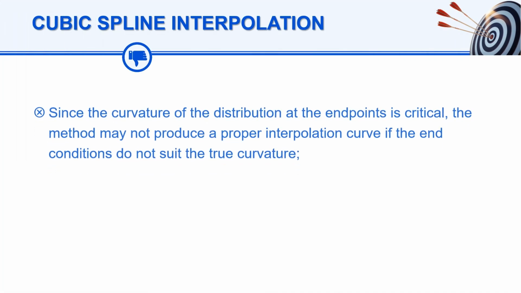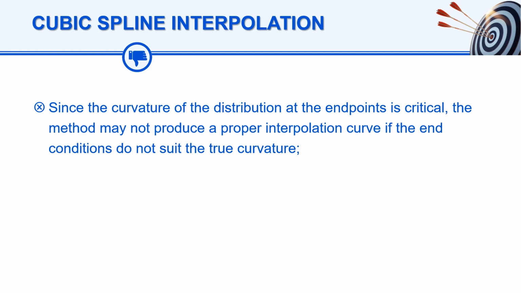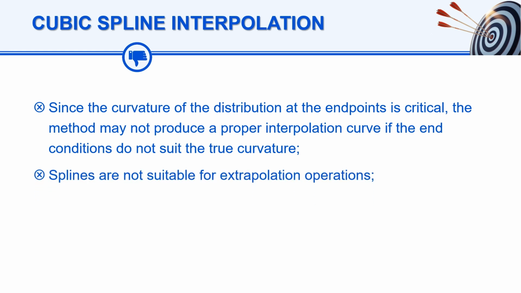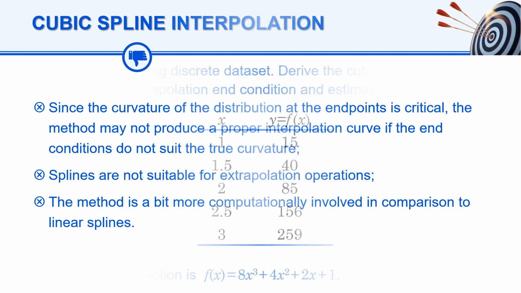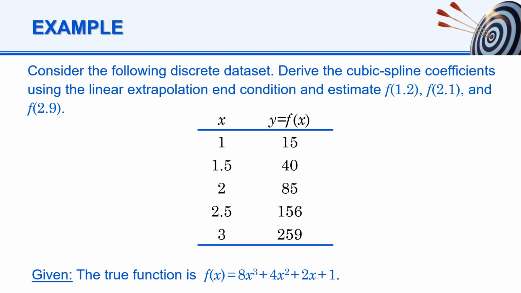The disadvantages of the cubic splines are: since the curvature of the distribution at the endpoints is critical, the method may not produce a proper interpolation curve if the end conditions do not suit the true curvature. Splines are not suitable for extrapolation operations, and the method is a bit more computationally involved in comparison to linear splines. As an example problem, we consider the following discrete dataset, for which we will derive the cubic spline coefficients